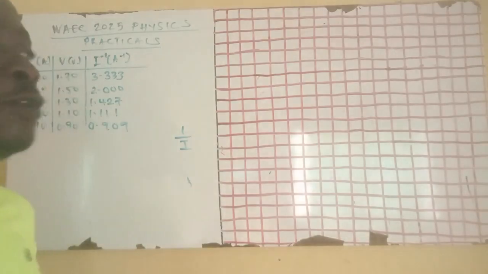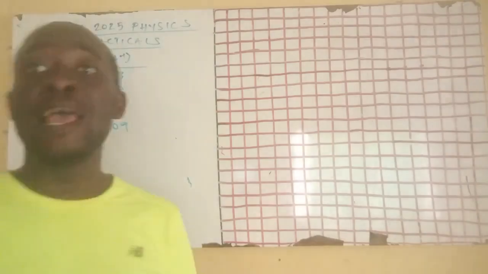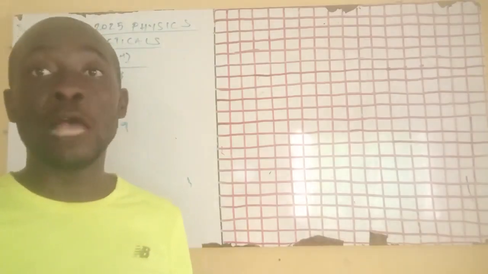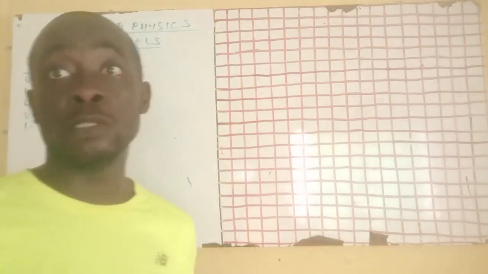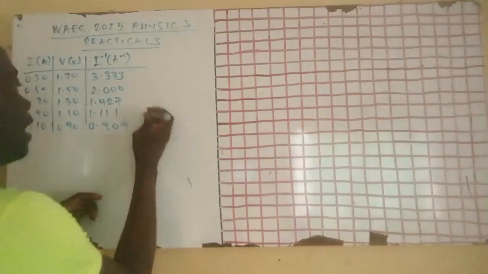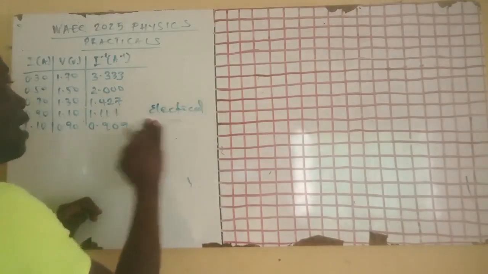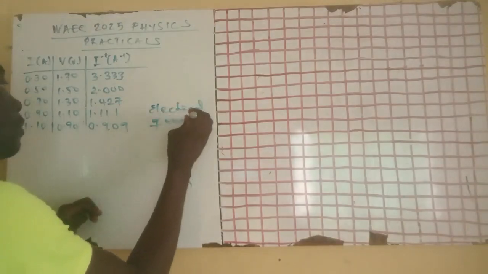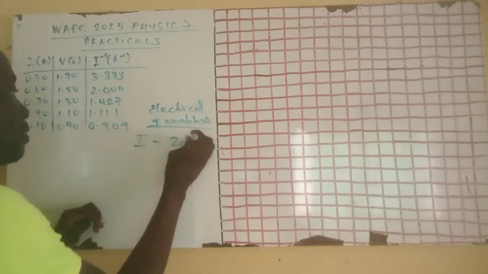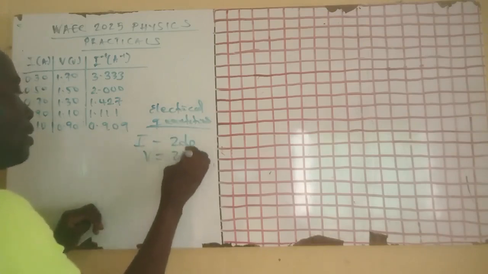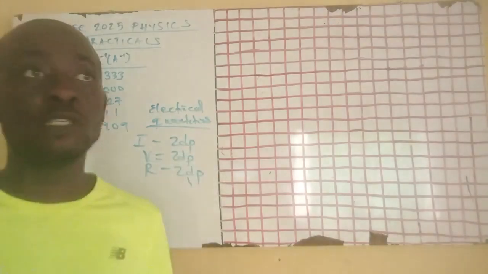Now another rule that you need to follow is that all physical quantities in physics have their own decimal places that you use when you are making your tables. It is very simple to do. If it is all electrical quantities, then current is always 2 decimal places, voltage is always 2 decimal places, and resistance is also always 2 decimal places. Some other quantities like length